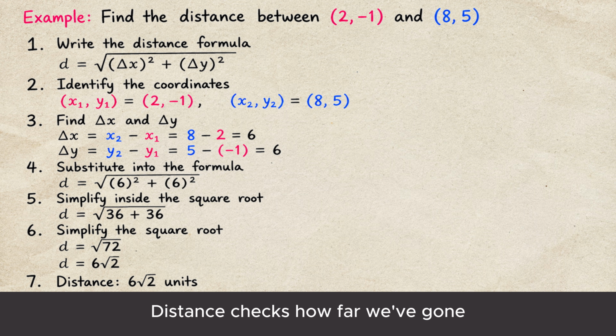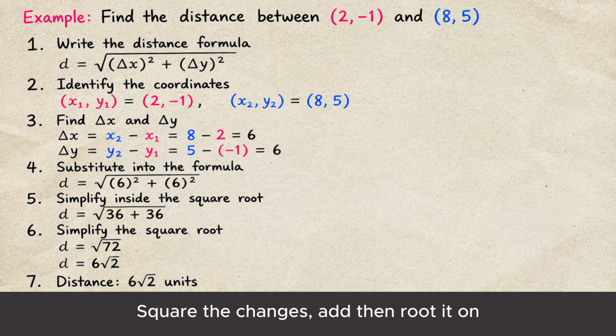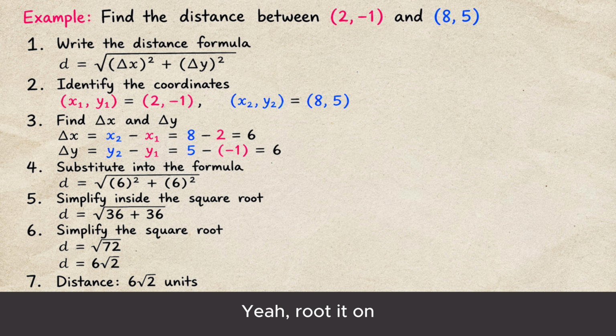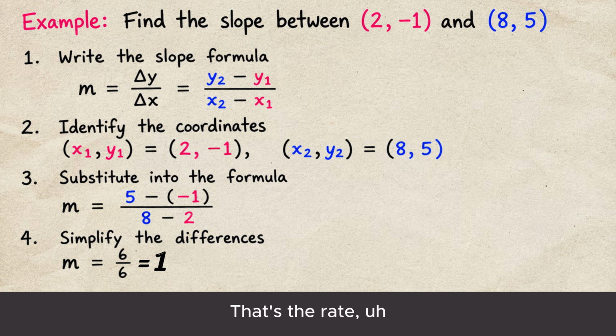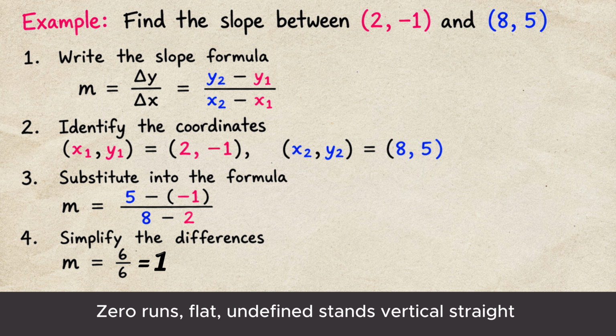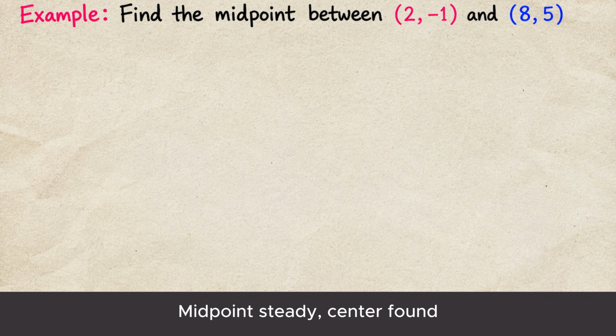Distance checks how far we've gone. Square the changes, add, then root it on. Slope is delta y over delta x, that's the rate. Zero runs flat, undefined stands vertical straight. Midpoint steady, center